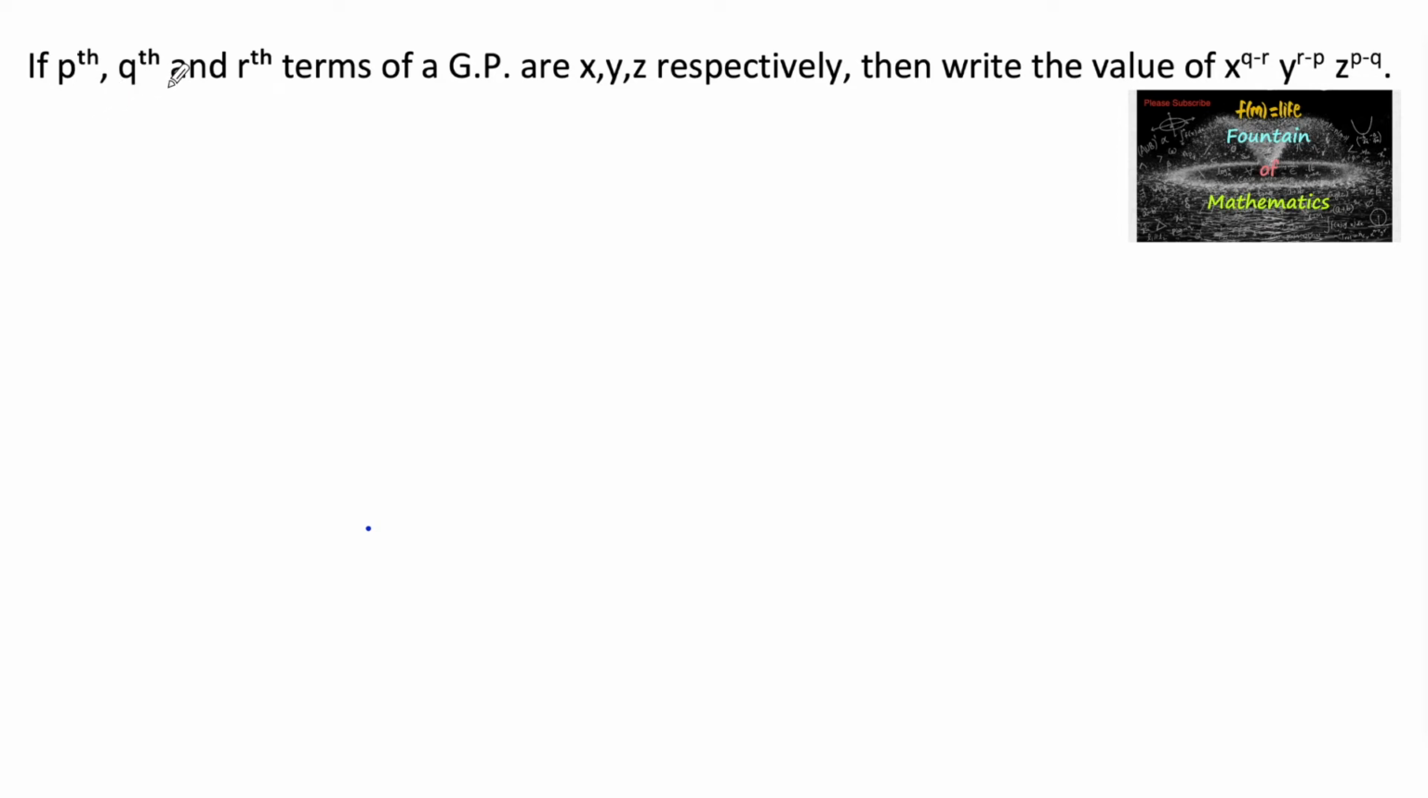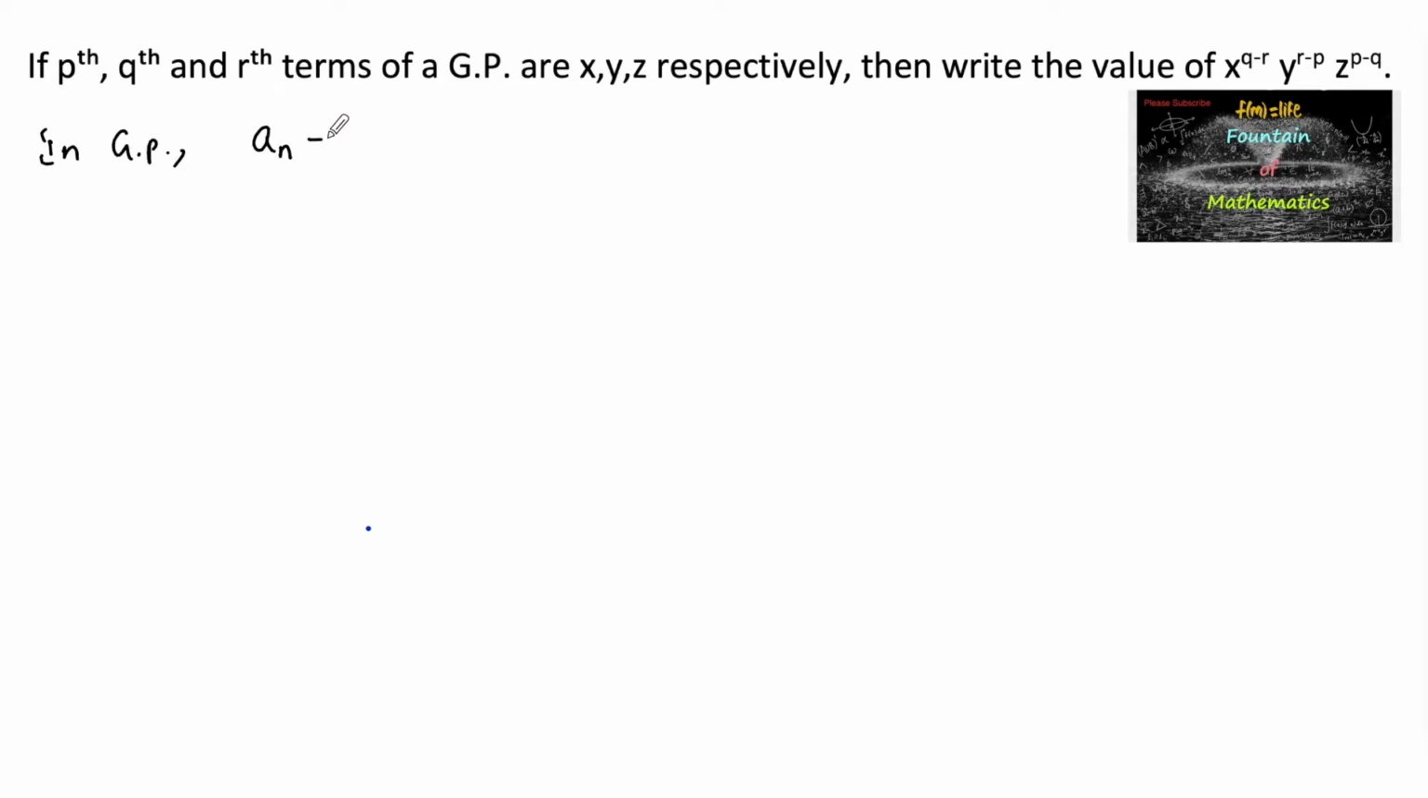If the pth term, qth term and rth term of a GP are given as x, y, z respectively, then write the value of x to the power q minus r into y to the power r minus p into z to the power p minus q. Since we know that in GP,